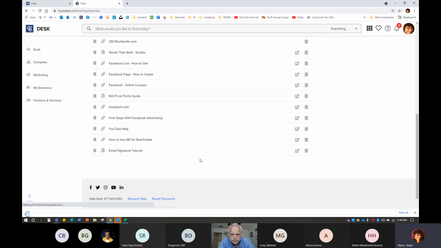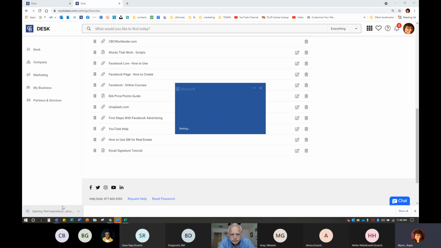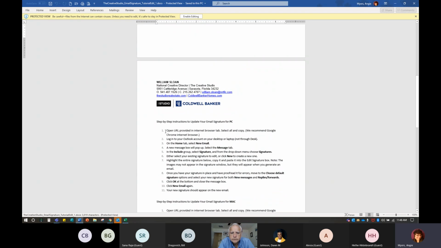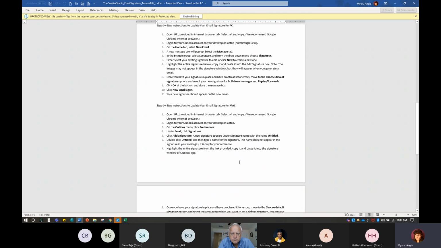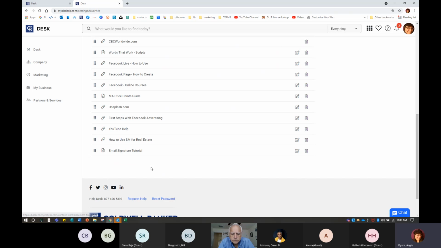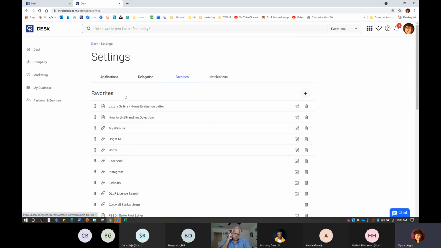Here's the email signature tutorial. So that's going to pop up. That's going to be a Word document, and it's going to go through and show me. So this one is for me because I'm an employee, but there is one in there as well for agents for your email signature. So again, anything that you use on a regular basis,